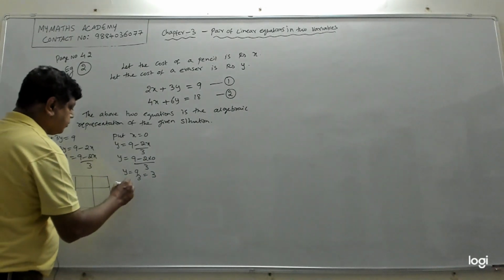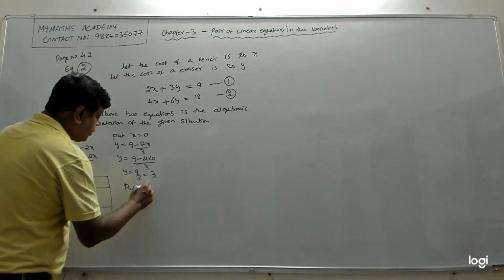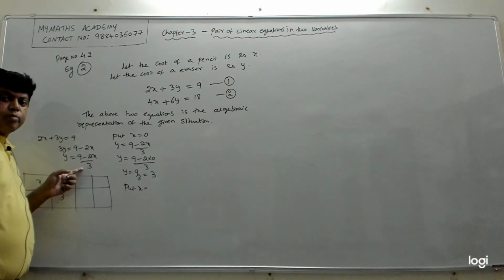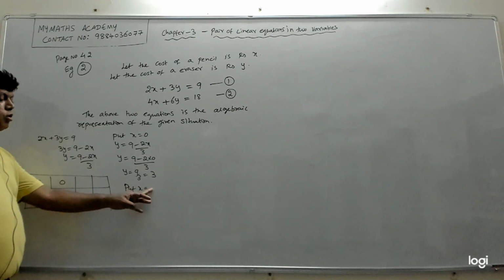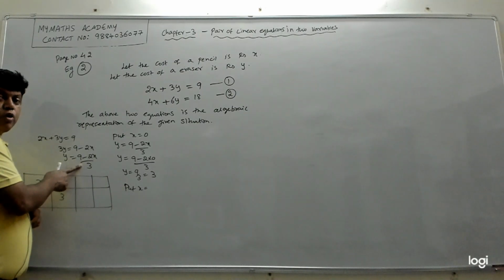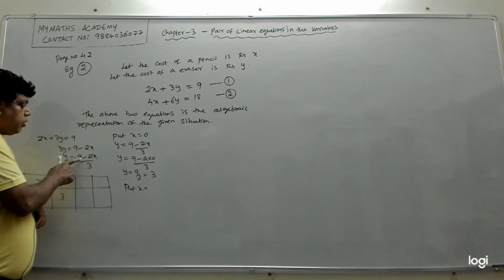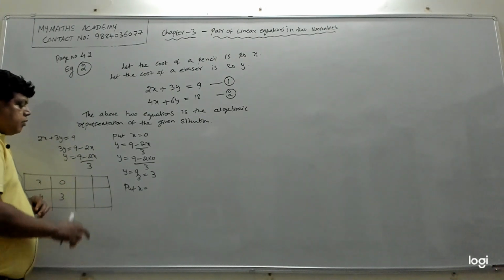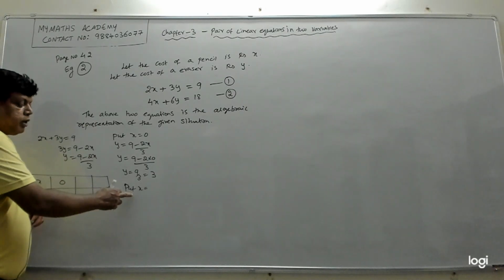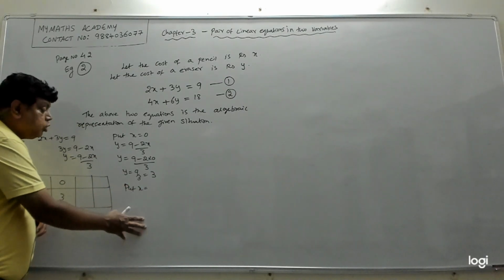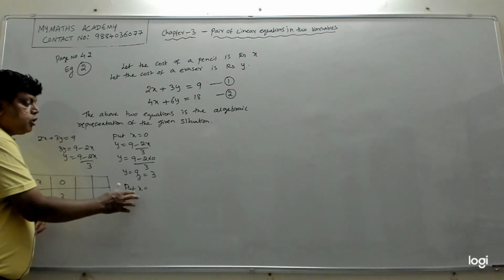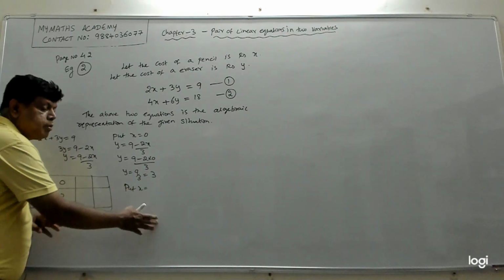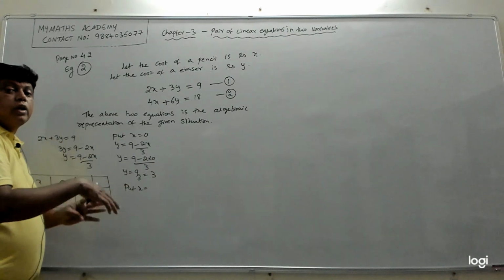Then I told you, put x equal to 2 and put x equal to 1. Whenever you see such a denominator, (9 minus 2x) by 3 or something, if there is no denominator, then you can put x equal to 1, x equal to minus 1 and all. There is no denominator here. If y was, suppose, y equal to 9 minus 2x alone, then you can put x equal to 1, minus 1, that will work. If there is a denominator, to get the next value, you can put x equal to 1 also, but the only thing is you may get your y in fraction. Your y will not be a nice number, like 3 or 4 or minus 2. It may become 7 by 5 or minus 2 by 7, so it will get into fraction.